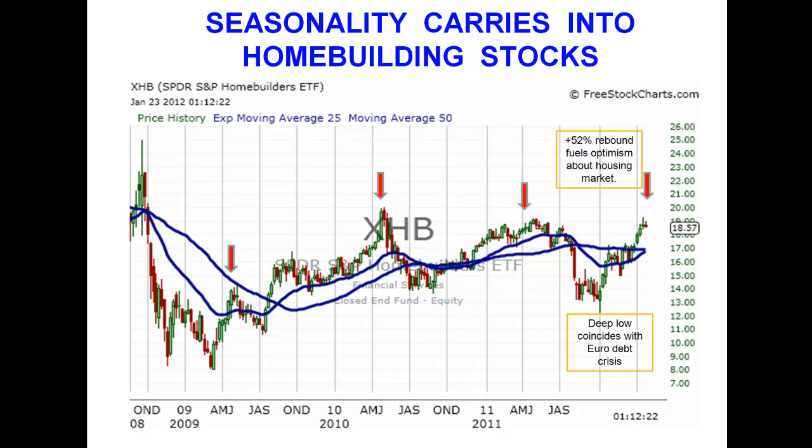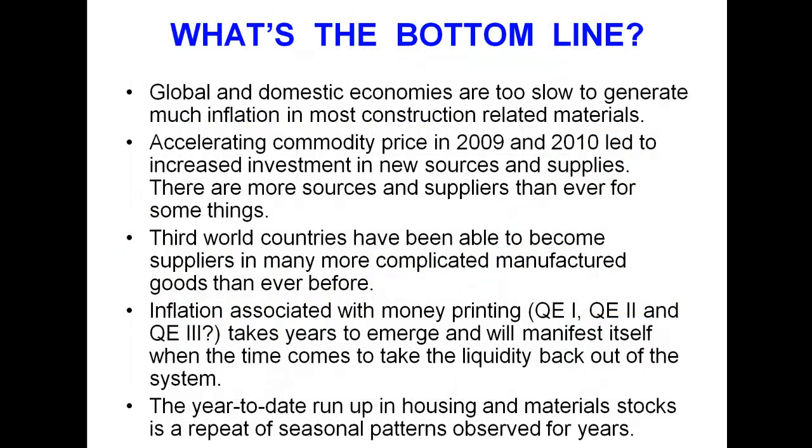So, we can't say for sure at this point in time that this doesn't continue, but it seems like we've got a recurring phenomenon here. It comes through every year. Maybe this year it'll carry a little farther, but we don't see the trajectory of job growth and housing sales improving so dramatically that this year would be fundamentally different than the last 2 or 3 or 4 years pattern might suggest. So really, what's the bottom line?